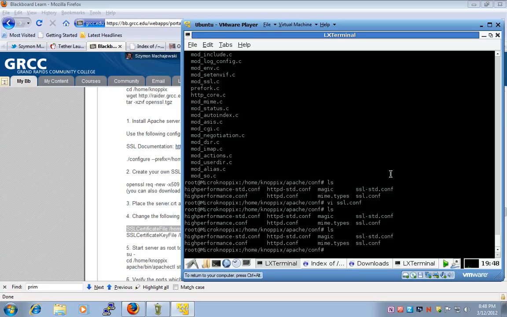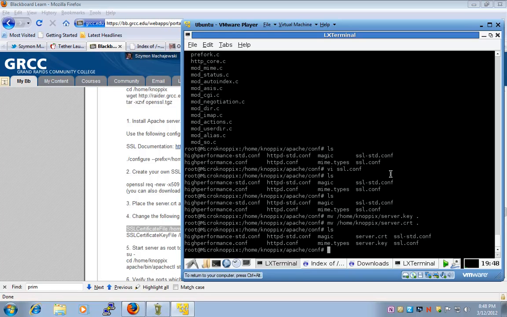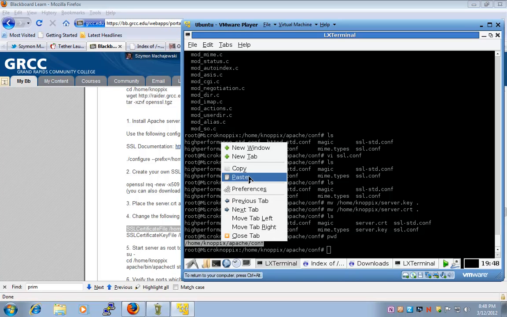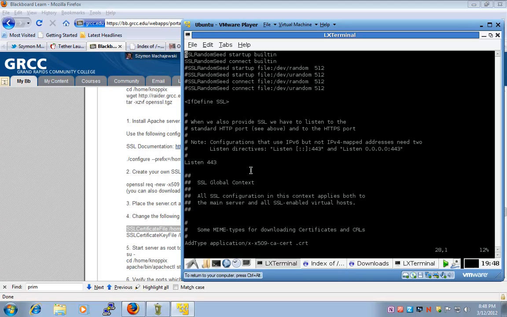I'm going to move out of home, the server.key, and then move also the server certificate. So now my two files are in my config directory. Finally, I'm going to modify my ssl.conf file,